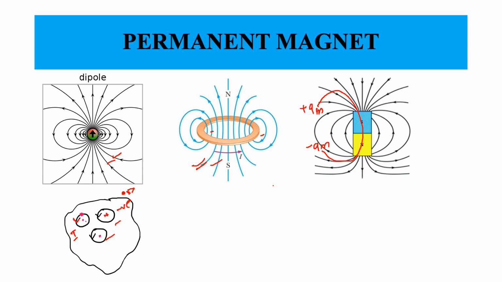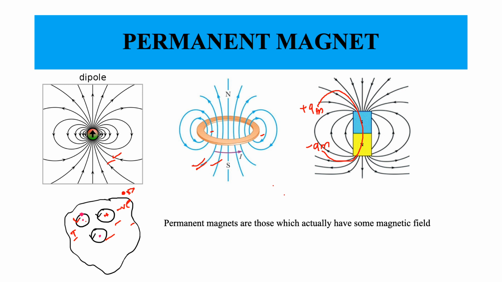Of course, there will be billions and billions of such atoms inside any macroscopic magnetic material. So when you take a piece of magnetic material, there will be billions and billions of such atoms, and each atom is essentially a tiny current loop. So the magnetic fields produced by each of these current loops will add up in the case of a permanent magnet. Permanent magnets are those which possess these tiny current loops producing magnetic field that add up coherently.